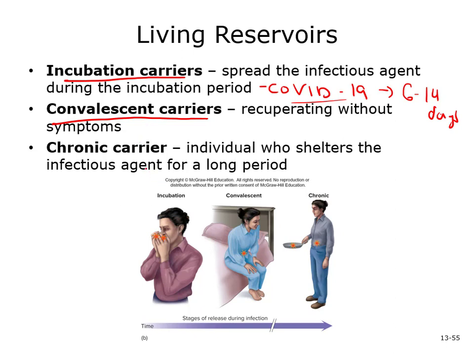They're feeling better, so they think, oh, hey, I'm ready to go out and live a normal life, but they can still actually be spreading the virus or bacteria. And then finally, we could have a chronic carrier. This would be someone who maybe has this disease for life or a very long period of time, and they're constantly shedding this pathogen. Classic examples we've talked about before are like hepatitis B or C. Oh, also Salmonella typhi.